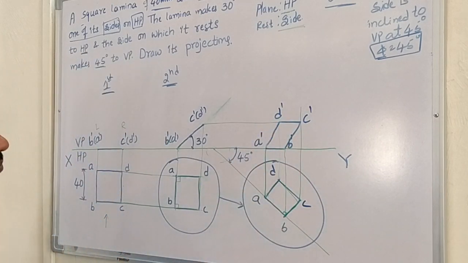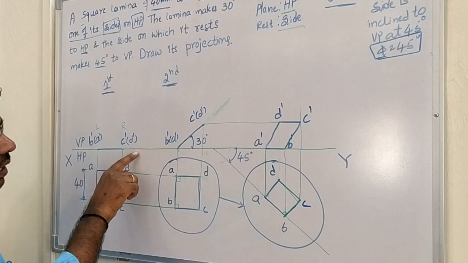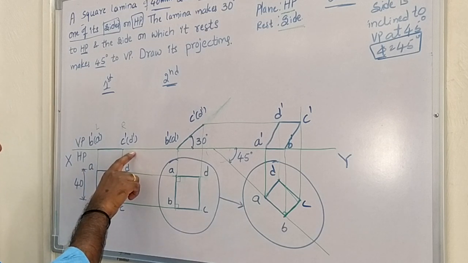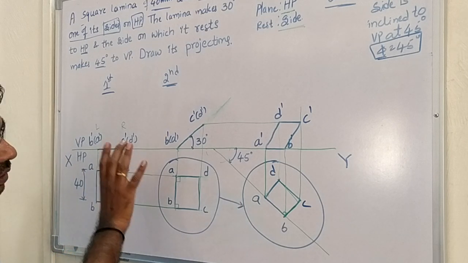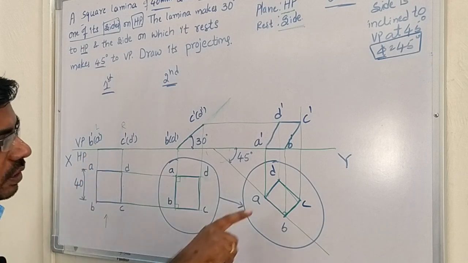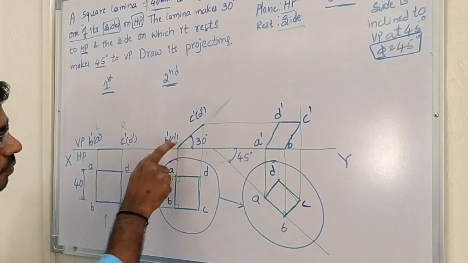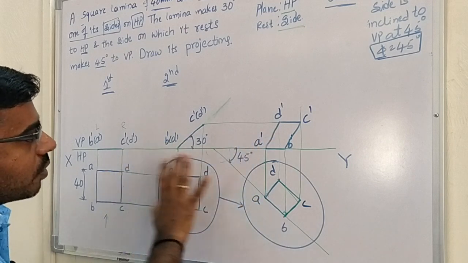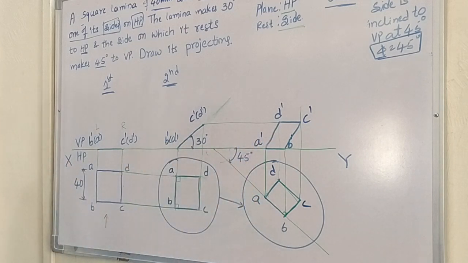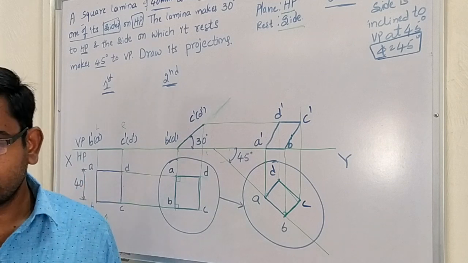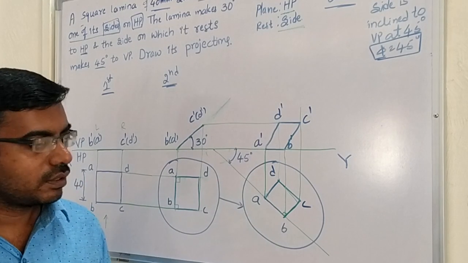See, just observe the green color. All green color lines are thin lines. Blue color lines are thick lines. That is nothing but only the views we have to make thick lines: front view, top view, front view, top view, front view, top view, front view. Remaining all lines are thin lines. See, like this we have to draw all the three positions. Okay, thank you.